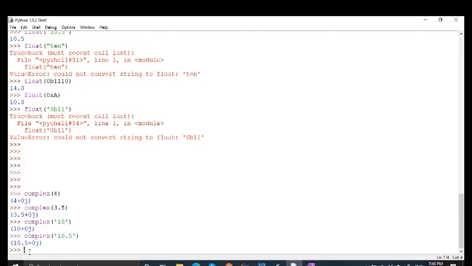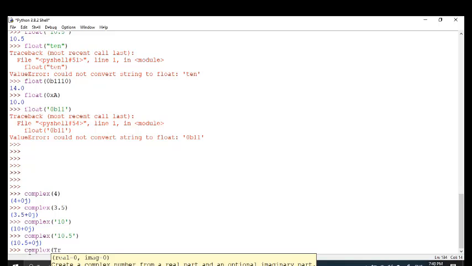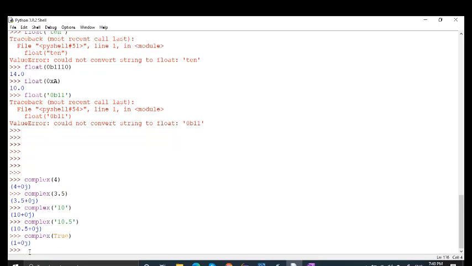You can see that it is working with that also. We have done int, float, string. Then we have to check with the boolean. So I'm writing here complex true. You can see that it is working fine. Now I'm writing here complex false.